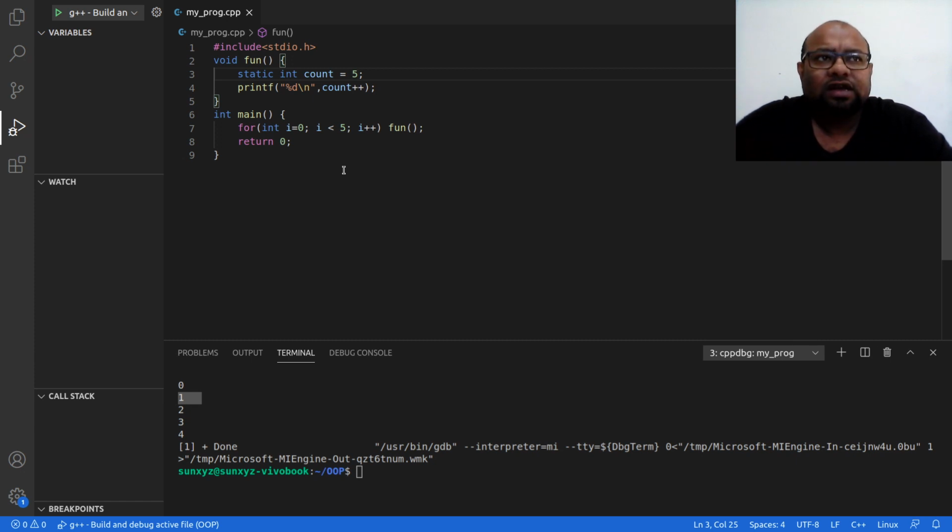You are going to allocate before you even start, when you start running the program, and then this memory will be available till the end of your program. So the scope of the variable is the lifetime of the program. This variable will be available from the start to the end of your program. Alright, so that is another point.